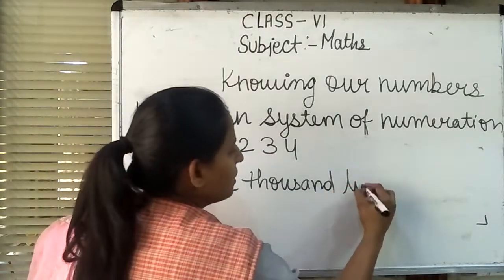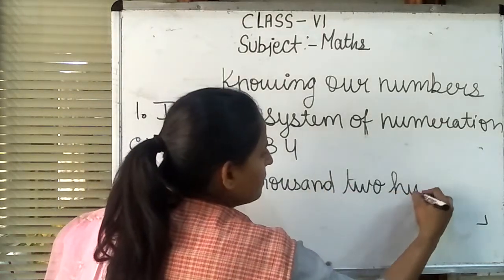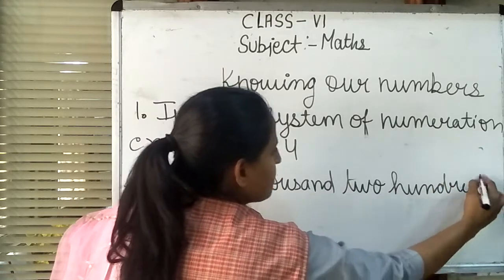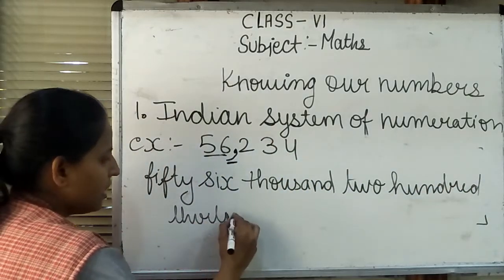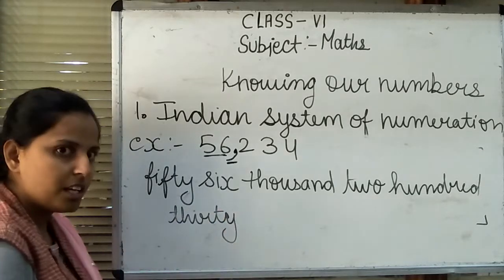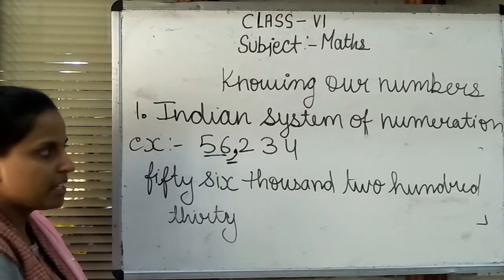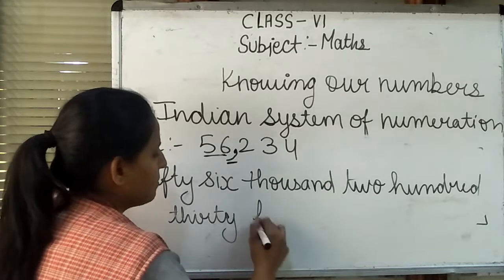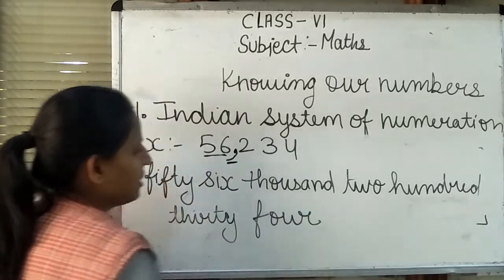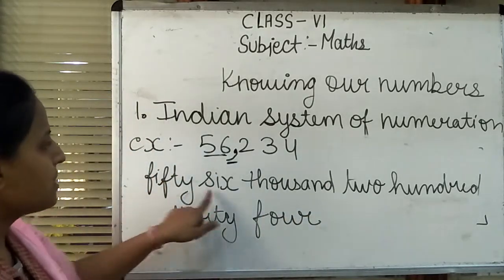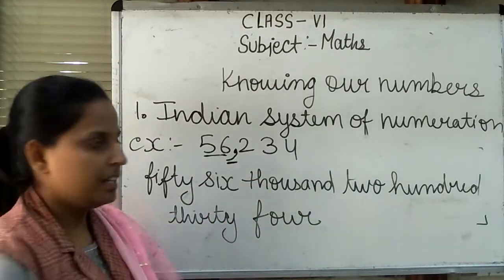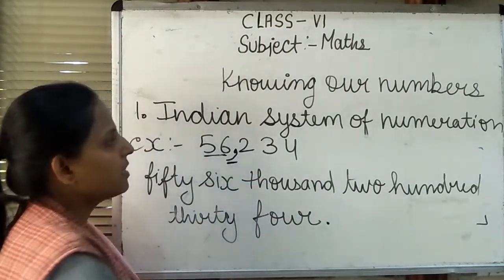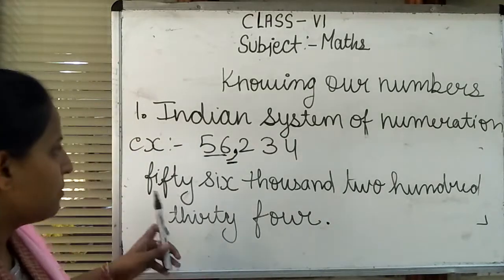Next, 2 is present at the hundreds place, so now 200. Next, 3 is called 30 because it is placed at the tens place. A tens-place digit has to be spoken together with tens, so it is numbers like 10, 20, 30. And the next and last number is 34. So now this is the name of this number: 56,234. Any doubt? This is the method of writing the names of the numbers according to